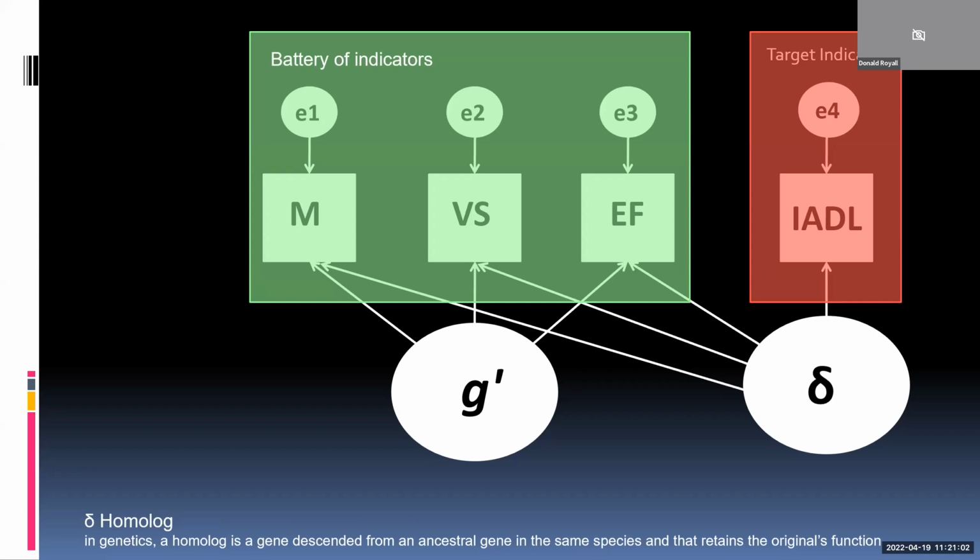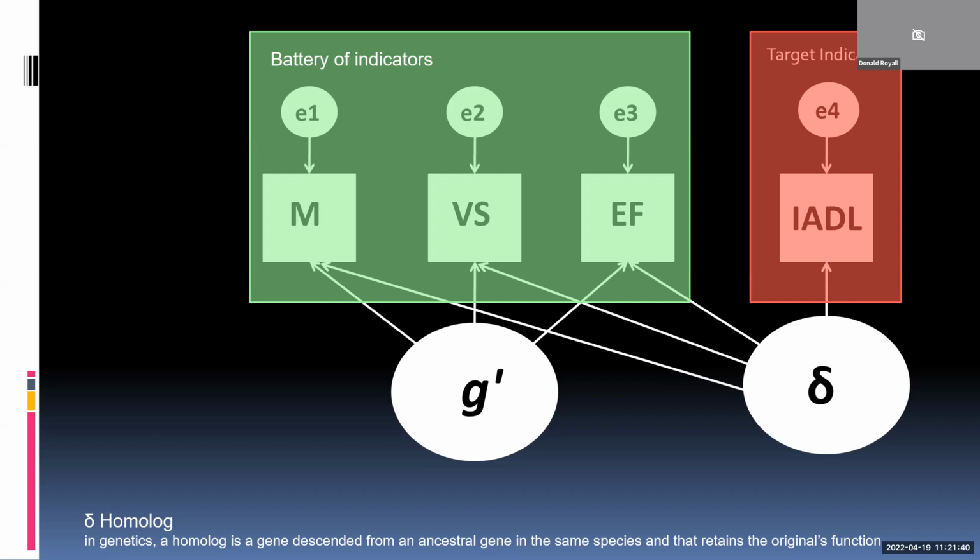So let's go back and think through this a little bit. We have a battery of cognitive measures. Ideally, they should be as comprehensive as is feasibly possible. We don't want them to redundantly measure a single domain, but ideally they would measure different domains. And then we're focusing on a target indicator. In this case, the target should be a measure of instrumental activities of daily living. And if you have a set of cognitive predictors sharing variance with a measure of IDL, then you have what I call a D homolog.